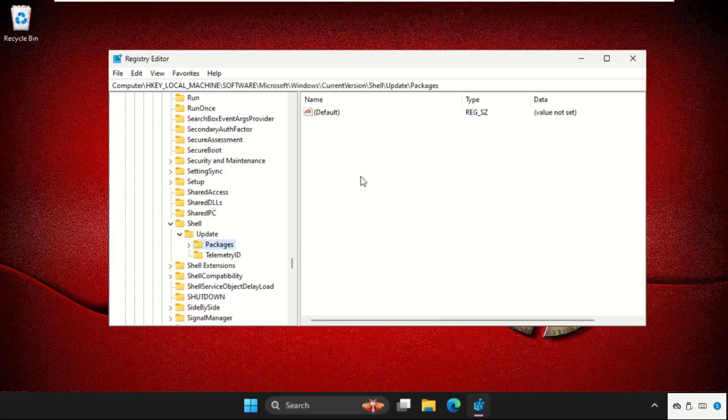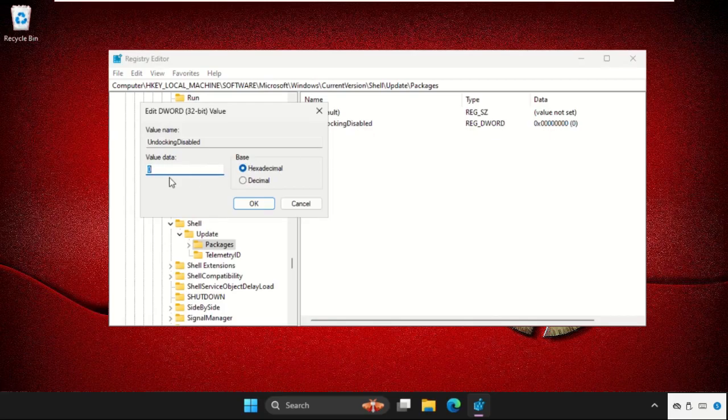On the right side we need to right click here, select New and create a new DWORD (32-bit) value and name it UNDOCKING_DISABLED and hit enter. Then right click on it, select Modify and change the value data to 1 and click on